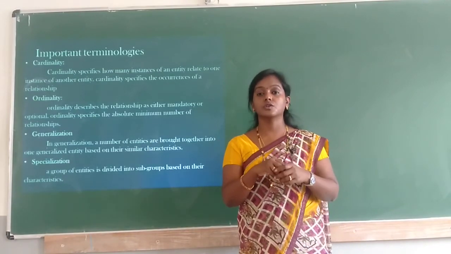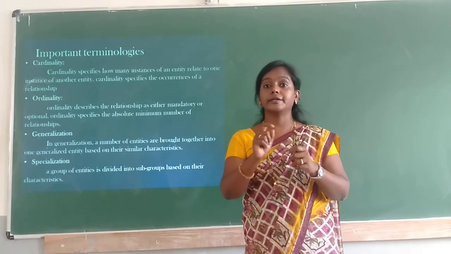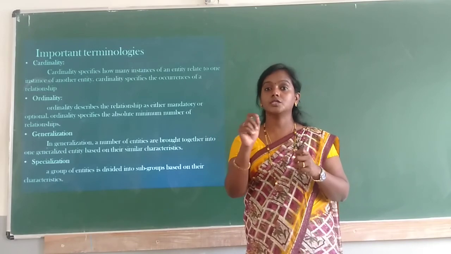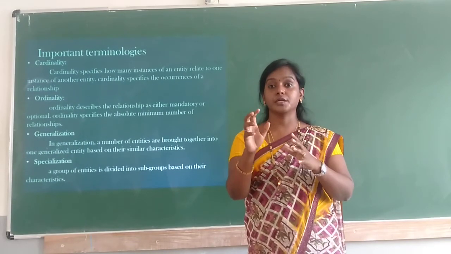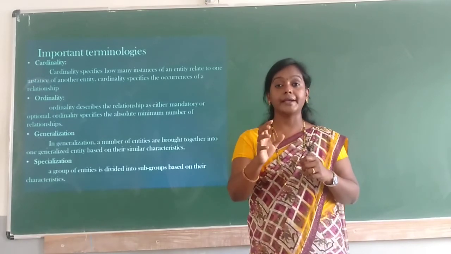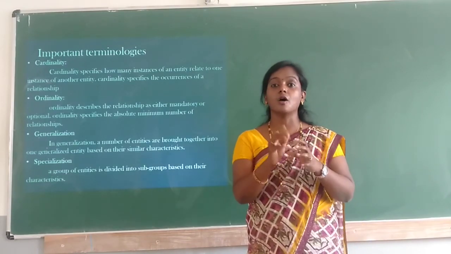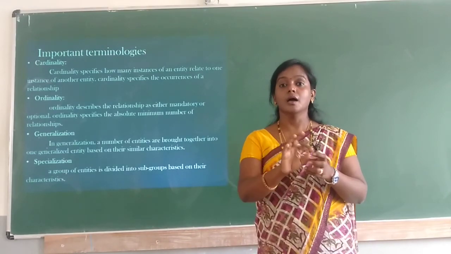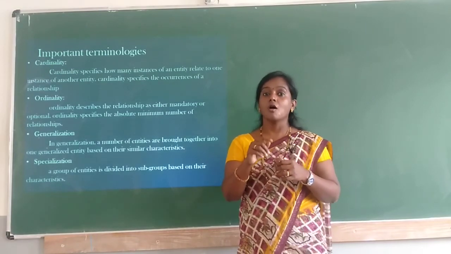It is not necessary to join all the courses, that is optional. But a student should join at least one course, that is not optional, it is mandatory. So cardinality defines that it is a mandatory option, and ordinality defines that it is optional. Okay, the relationship or involvement is optional. A link between the two relations is okay.